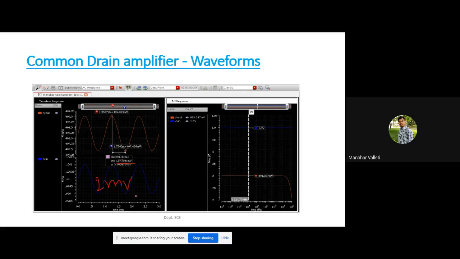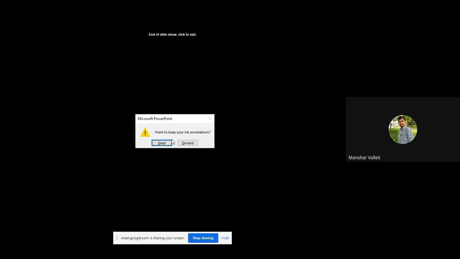Same here in the AC response: if you apply a 1 volt AC signal, you get 801 millivolts output, so the gain is almost near to 1. All these things we'll check in the Cadence tool.